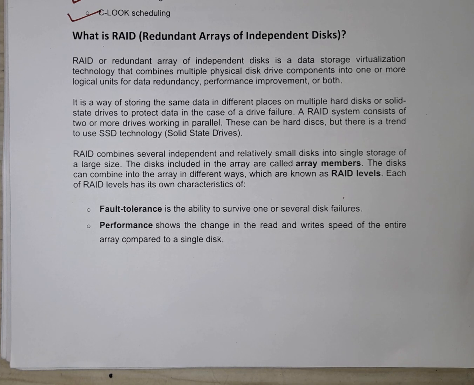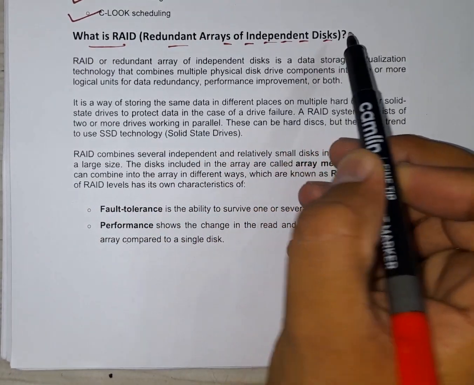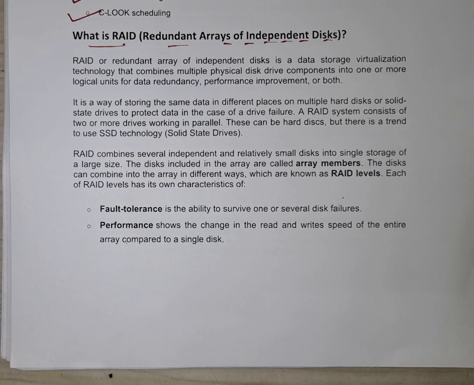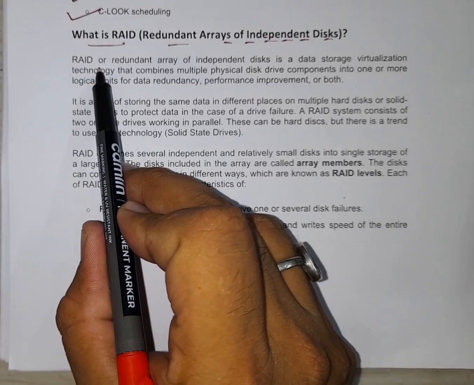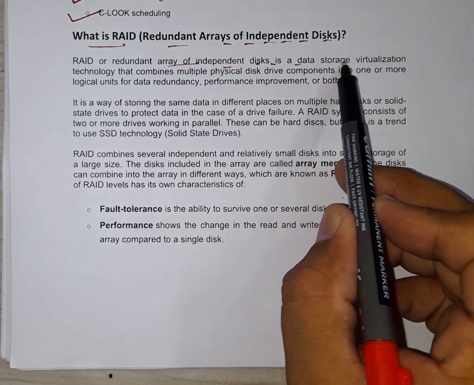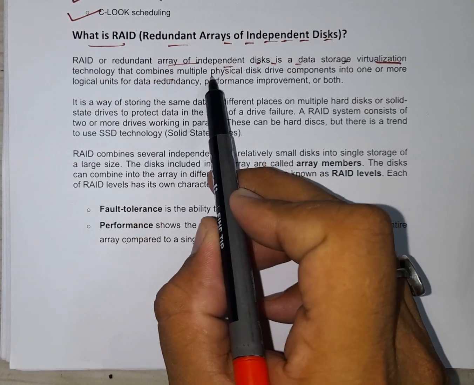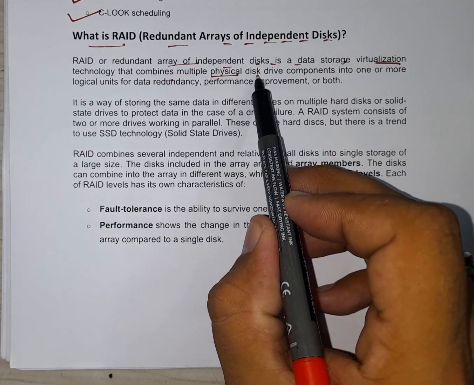नमस्कार दोस्तों, आज हम डिस्कस करेंगे RAID के बारे में। RAID होता क्या है? What is RAID? Redundant Array of Independent Disks. RAID, यानी Redundant Array of Independent Disks, is the data storage virtualization technology that combines the multiple physical disk drive